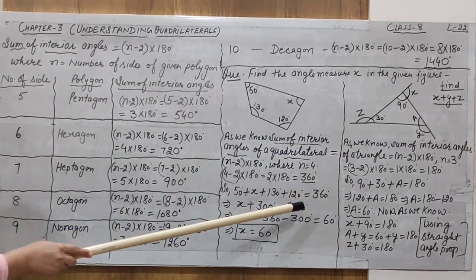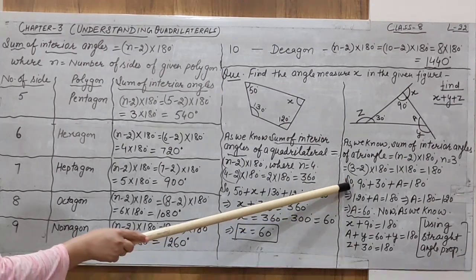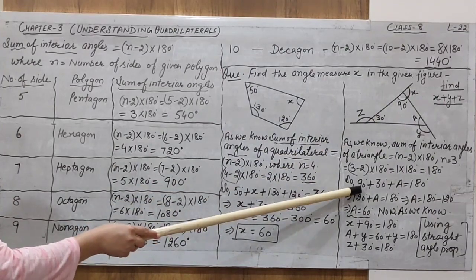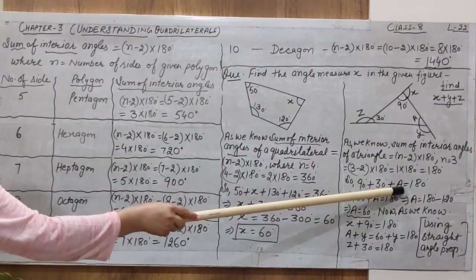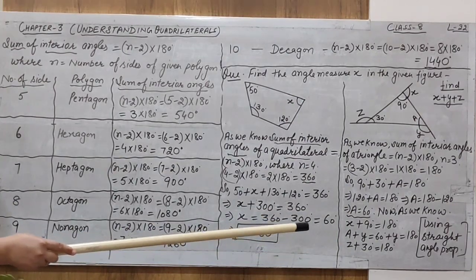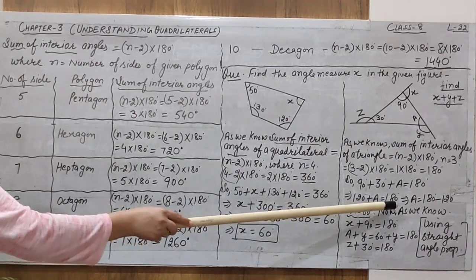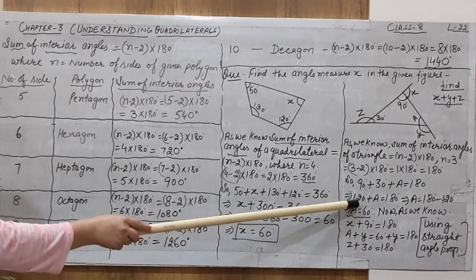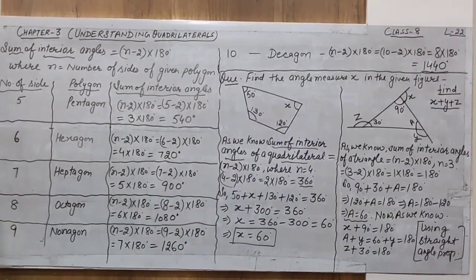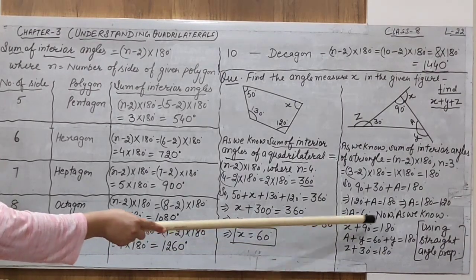Now make an equation like this. In this question we make an equation in which the left hand side is written in the form of addition of these angles: 90 degrees plus 30 degrees plus angle A is equal to 180 degrees. Now the left hand side is 90 plus 30, 120, plus A is equal to 180. When we transpose 120 towards the right hand side, the value of A is 180 minus 120, that is 60 degrees.